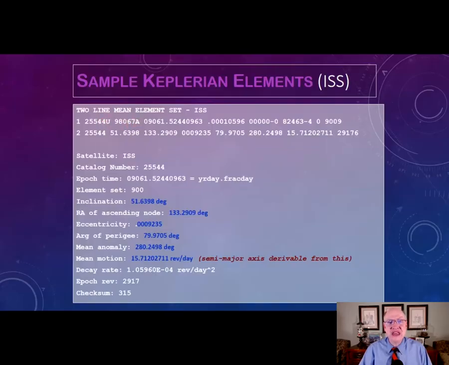98067A is also another catalog number. And by the way, the U here, I should mention, the U means that it's an unclassified satellite. So that means it's just a civilian satellite. So you're allowed to know the orbital elements of it. 98067A happens to be another international designator, another catalog number. The first piece of the International Space Station was launched in 1998. And it was the 67th launch of the year, and the A means that it was the first part cataloged